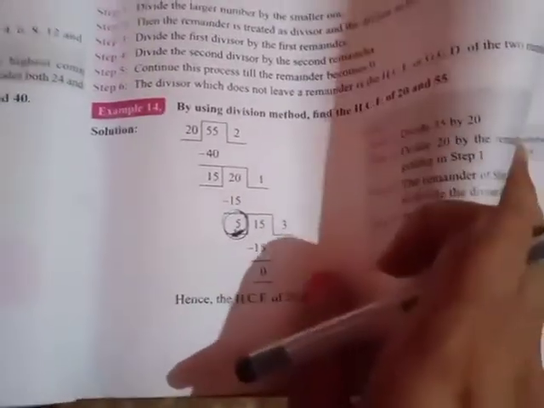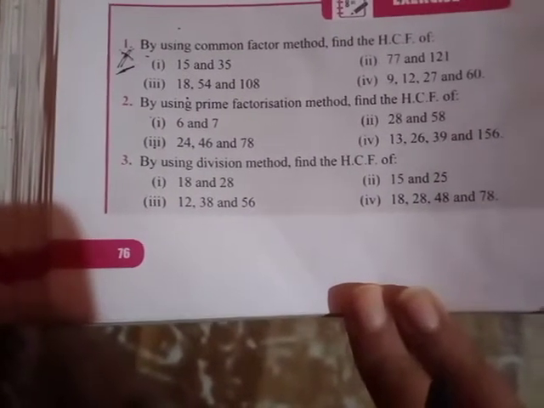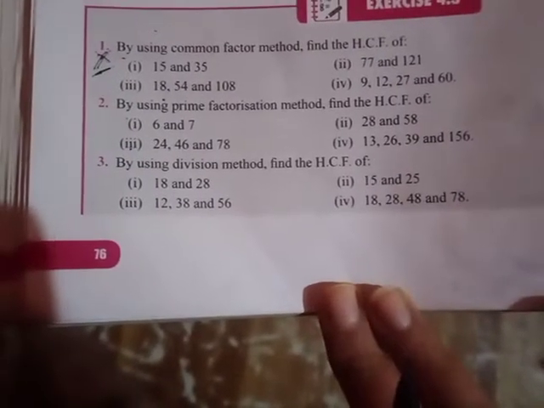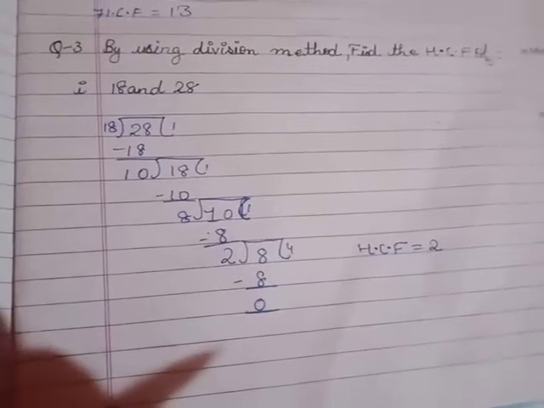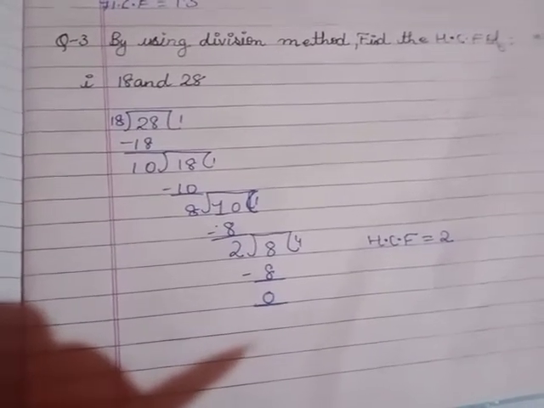So now come to the questions. Here is your second question related to this. The first is not in your syllabus, the second we have done in the earlier video, and the third is by using the division method, HCF of 18 and 28. Now we have two numbers, 18 and 28. By this way you can find it: place the smaller number outside and the greater number inside, divide it,